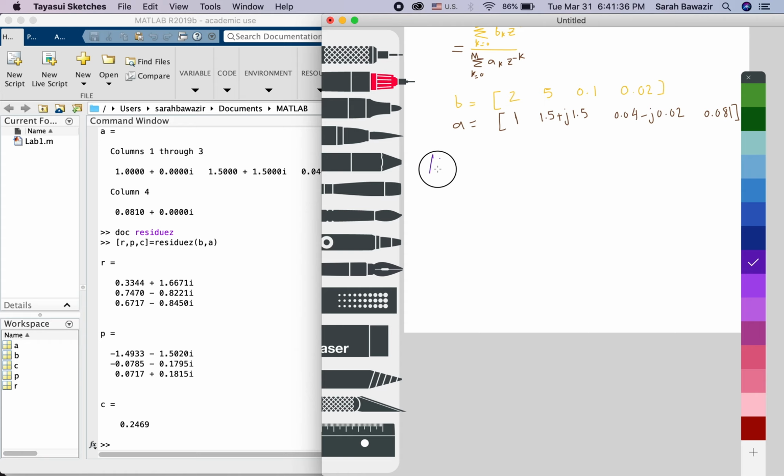So H(z) equals, now the constant term will be first here, 0.2469. If you check a book or your lecture notes, this is A0 in the partial fraction expansion, plus,